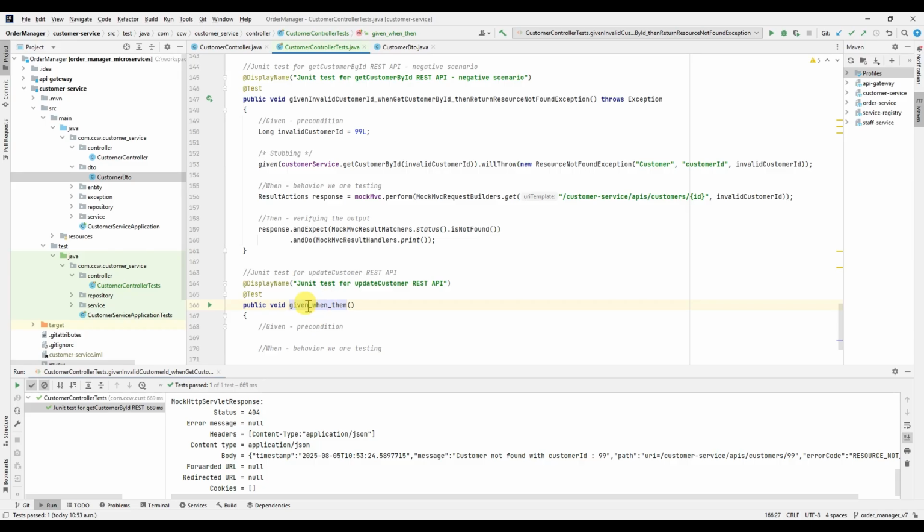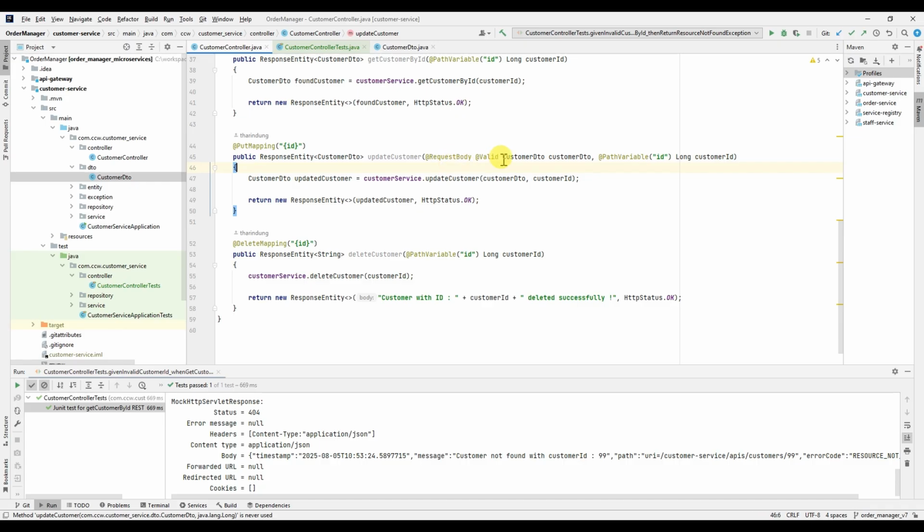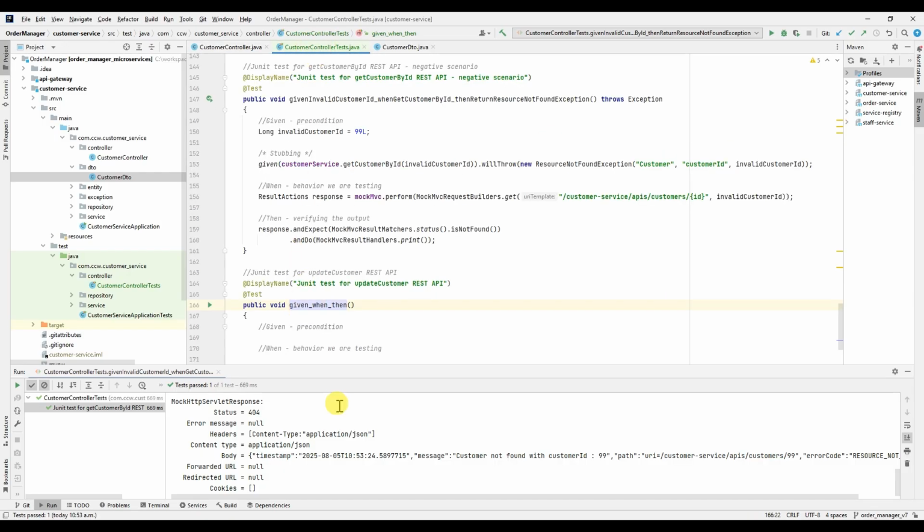And when thinking about what we should add into the given clause, we are going to add a customer DTO object, because when we update a customer, we are passing a customer DTO object as the first parameter of this method. And the second parameter, we are passing customer ID. So I'm going to give here given customer DTO object, when update customer,